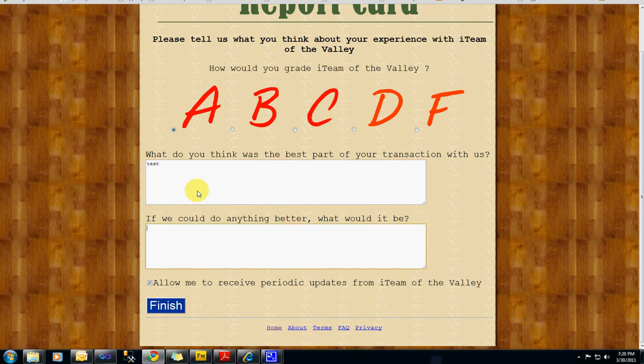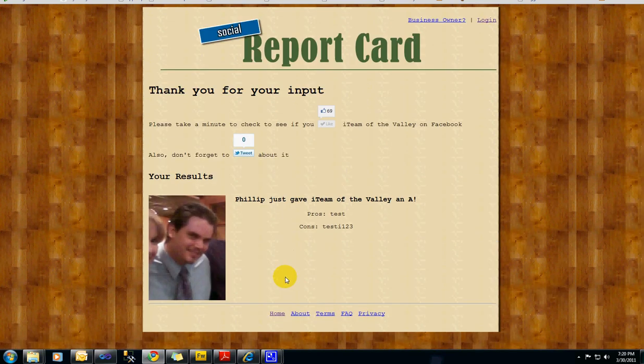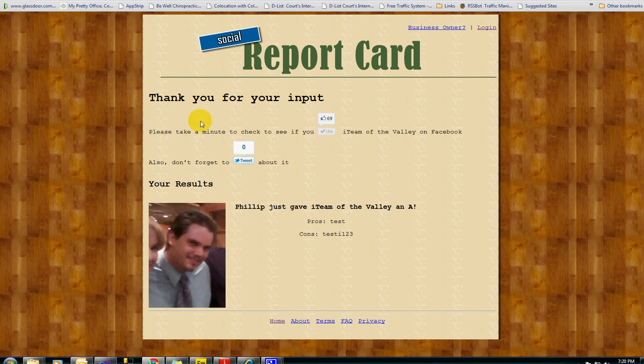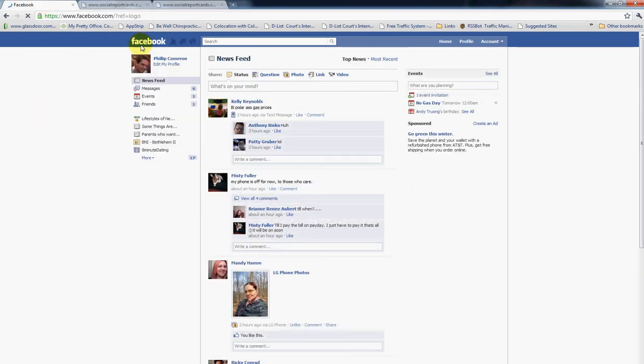I'm just going to fill in test information, and then I click finish, and it brings me to the thank you page. On the thank you page, as you read it, please take a minute to check to see if you like, and if they don't like it, it'll show up like that. Now every click of the like is tracked. It also allows them to tweet about it, which pops up a window prompting them to send out a tweet to their fans. Now if I go here to my Facebook page,